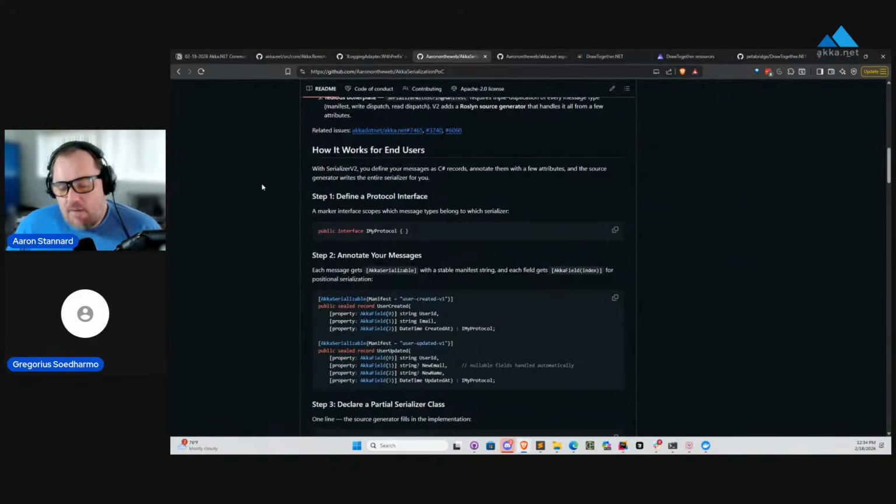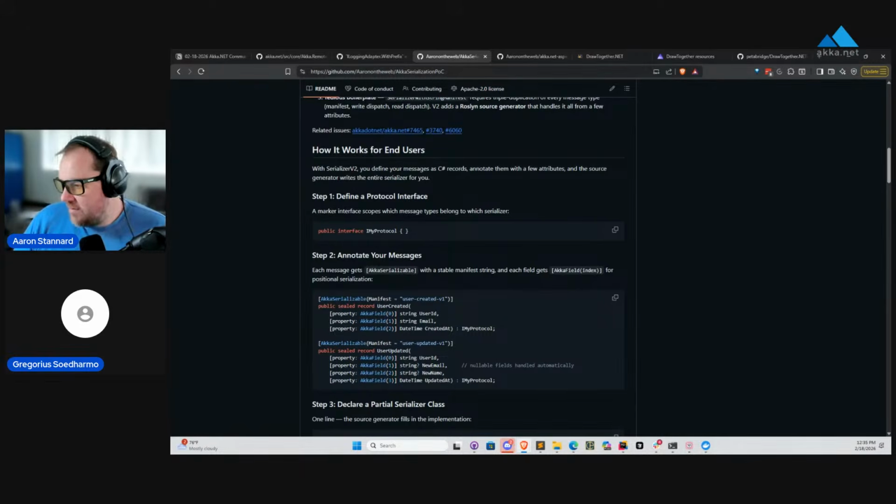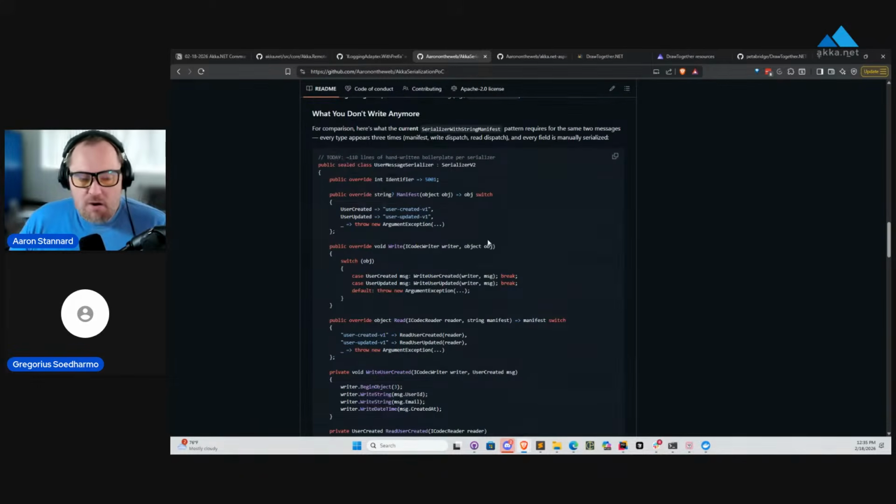So here's kind of what I'm expecting to see out of this. You should see a massive performance improvement in anything that has nested envelopes. That includes all Akka.Remote messages, 100% of them, and especially situations like distributed data. You should see a big improvement on both write and read speeds on that. And then finally, we are expecting to see essentially very low amounts of allocations on the right side of